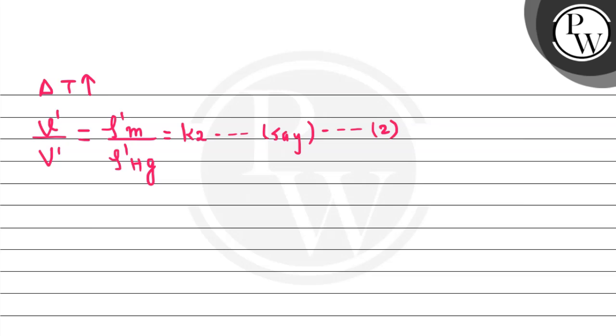Now what we will do, we will simply divide equation 2 by 1. So what we get here, k2 by k1 comes out equal to rho dash of m